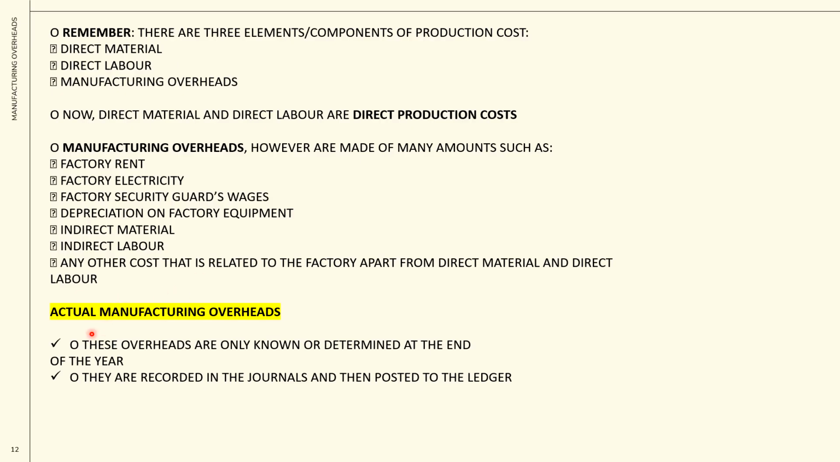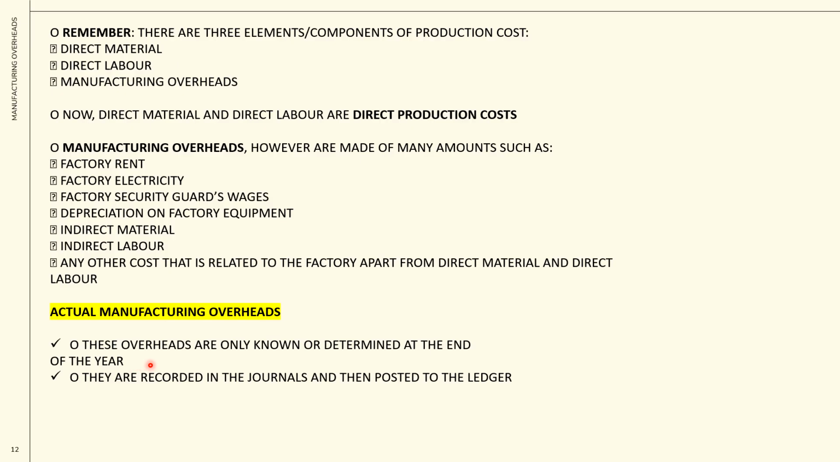Now, remember that was budgeted manufacturing overhead. So we have actual manufacturing overhead, right? Actual is simple English. Actual is when something actually happens. Okay, you plan, but your planning might not be the same as your actual action, right? So these overheads are only known or determined at the end of the year, right? So you can plan, but you are not able to know actually how much you are going to pay for the